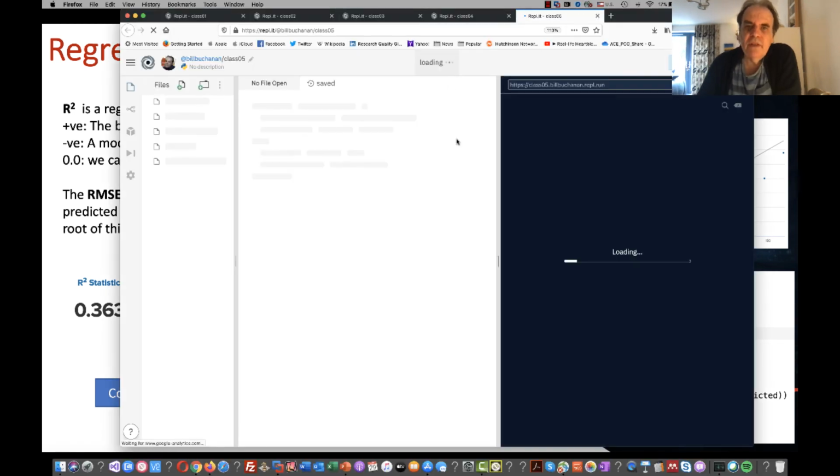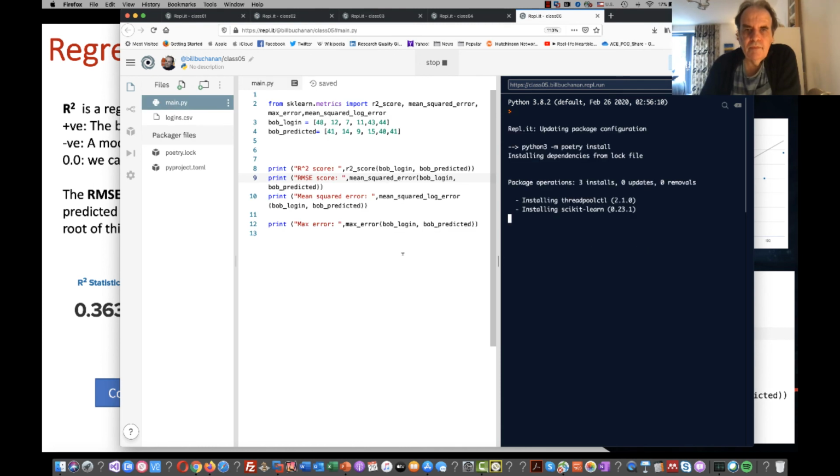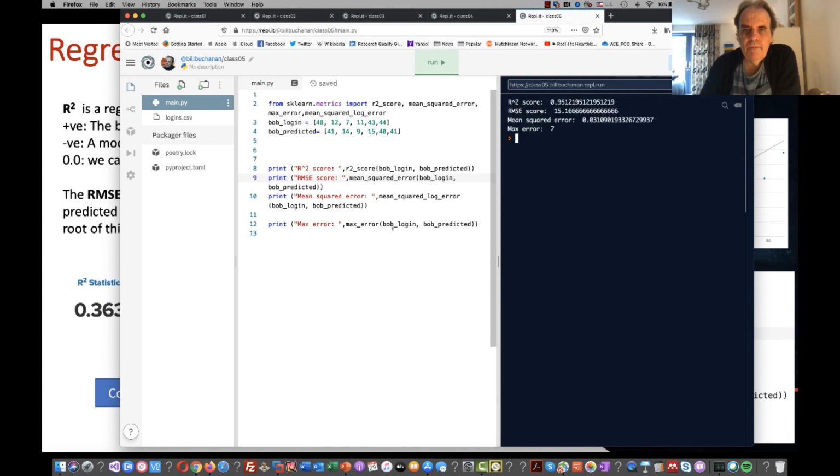So we just have a look at this code. Okay, so there's our R-squared value. It's pretty good in this case.